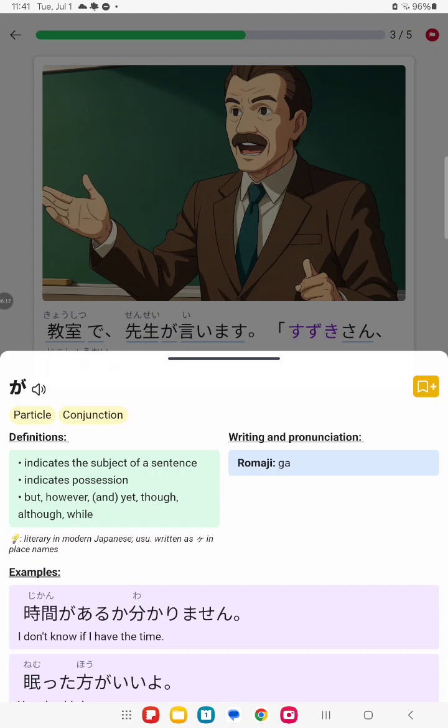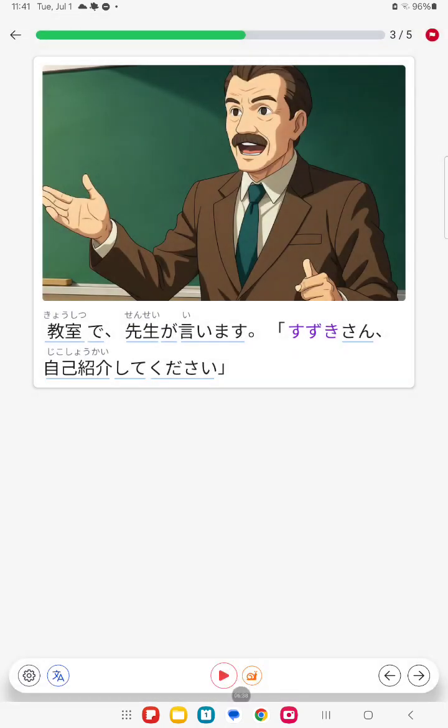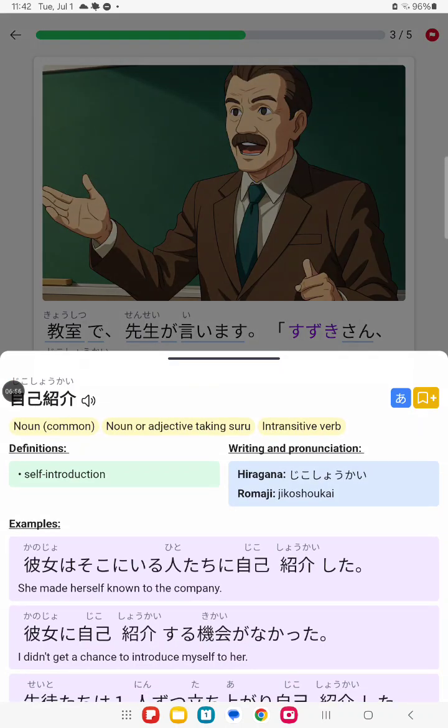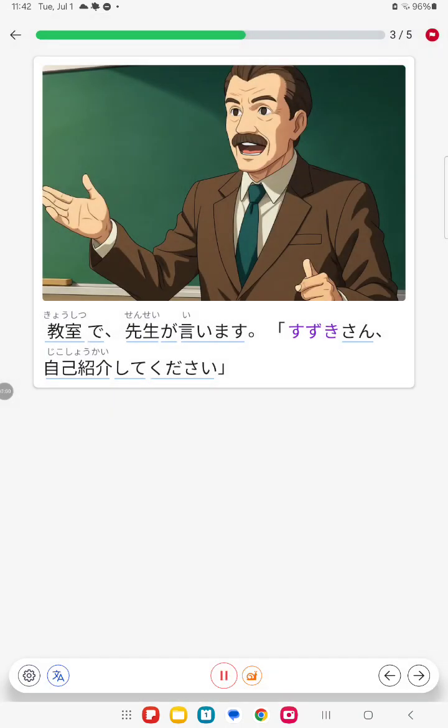が indicates possession. That's in some fossilized phrases that are very, very old. For example, that's how it's used in the national anthem. I'm guessing this means please introduce yourself, because I recognize this as 自己, as Chinese. It's the Chinese here, 自己. And this is, I don't know. So I was right. 教室で先生が言います。鈴木さん、自己紹介してください。